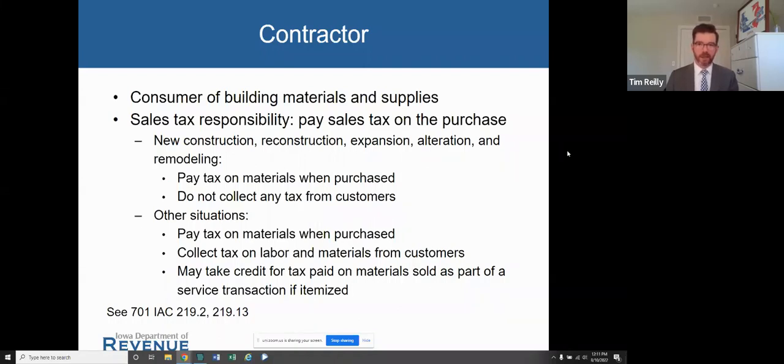Assuming that they do that and that they itemize the cost of labor and materials, when the contractor files their sales and use tax return, they can take a credit for the tax that they paid on materials, because they also collected the tax. As you can see down there at the bottom, there is additional explanation of these things in our administrative rules. I would also note, if you have questions about the difference between repair and remodeling, or new construction versus repair, we'll get to that later in the presentation.